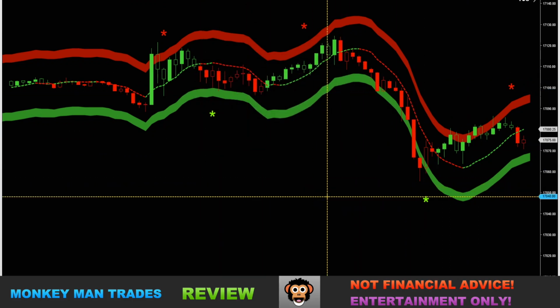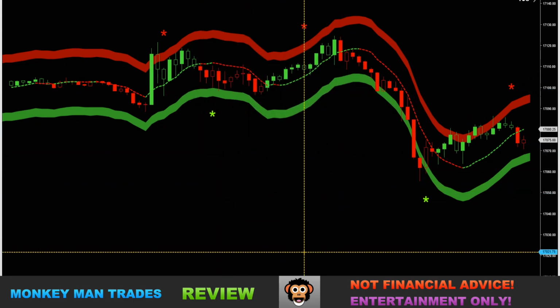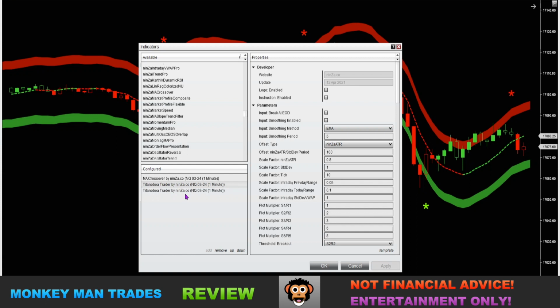Here's another chart I had up today. This is also a NASDAQ 1 minute. This is using an indicator from NINZA called Titanoboa Trader. What this indicator does is it will take any kind of line, any kind of moving average. You could do it off of VWAP. You could do it off of a pivot point, any kind of line on your chart, and it will create